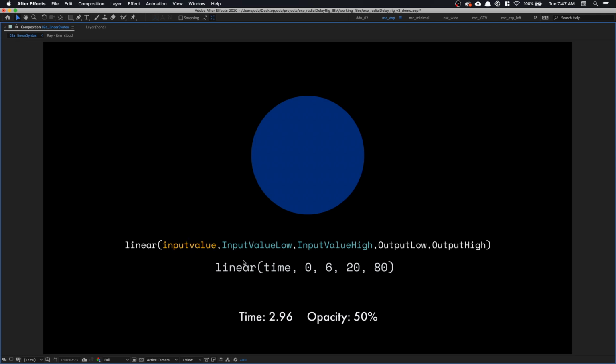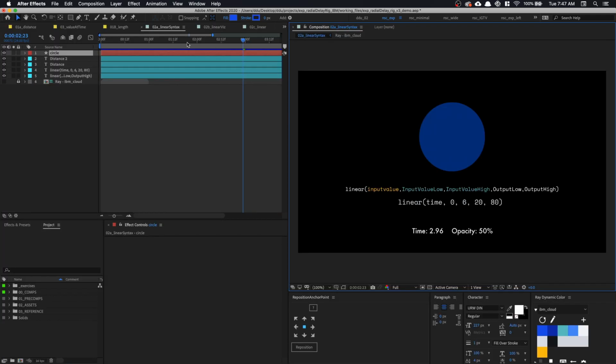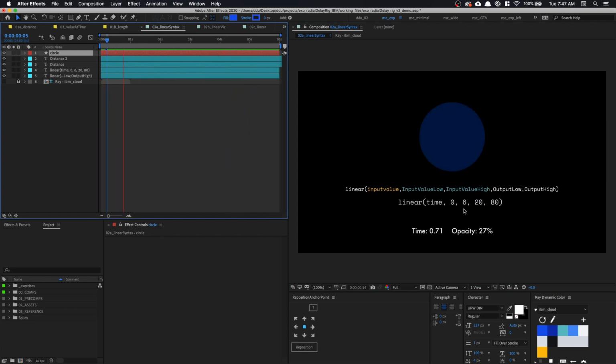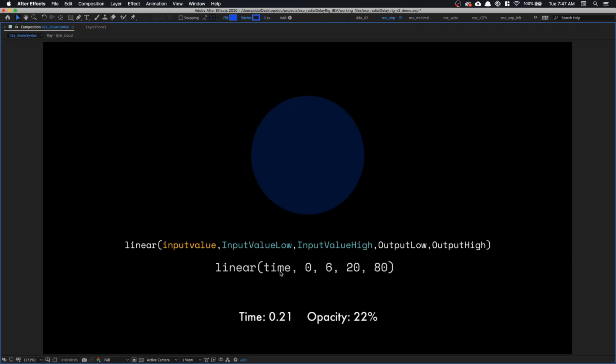So over here, I've written the expression linear(time, 0, 6, 20, 80) onto the opacity property of this circle. And I have a readout of our time and the opacity of the circle. So when I play the timeline, notice, as time is increasing, so is the opacity, right? So it's just remapping the value. When our input value, time, goes from 0 to 6 seconds,